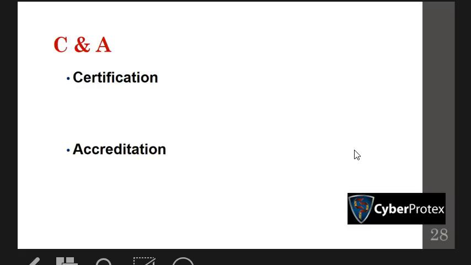Certification is technical review that assesses the security mechanisms and evaluates their effectiveness. Accreditation is the management's official acceptance of the information in the certification process finding. So the way that I've been involved with this in the past is you come in and you'll do an evaluation on a system. Okay, let's say you have a system that is